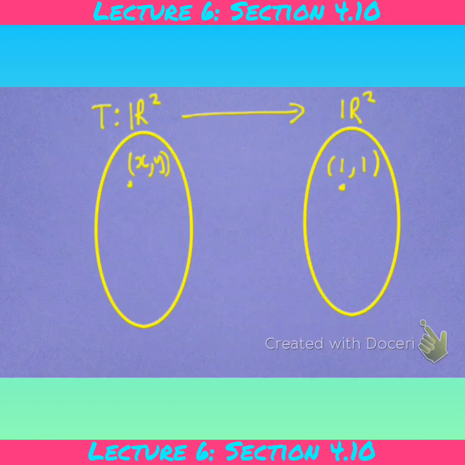Okay, so illustrating that again with a sketch here. If you look at this point in the codomain, and you look at any point in the domain, if you let T act on that point, it's going to map somewhere there, but it's never going to map to that point there. It doesn't matter what you make x or y, it can never map to that point there. So therefore, this function